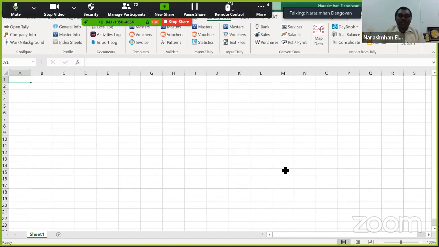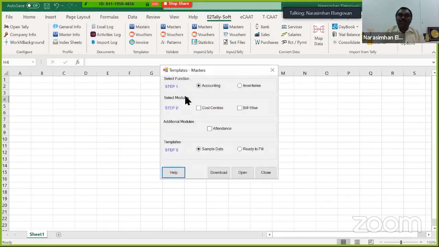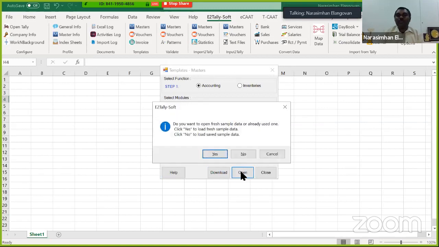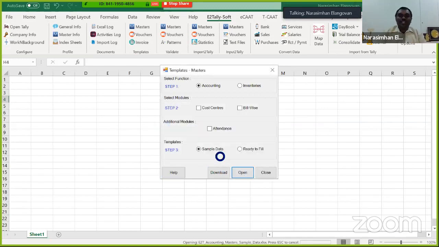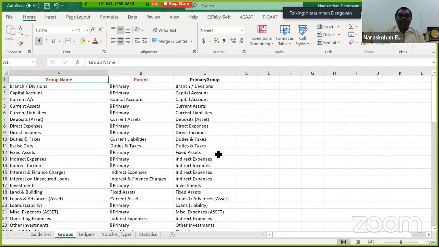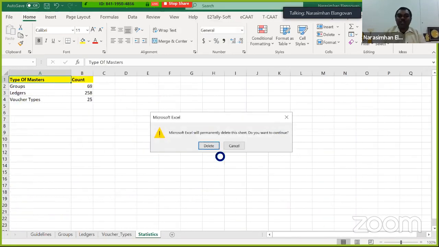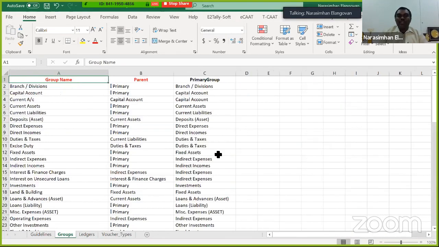But nevertheless, this is basically one of the softwares. Now, let me quickly take you through what actually works over here. First and foremost, we will import what are called the masters. For that, they have developed a default template. The software has that. So I just click on open the default template. The moment I click on yes, the data is getting loaded. And the moment the data is loaded, I have groups, ledgers, voucher names, some statistics. I will ignore the statistics for the time being. Now I am telling Tally, hey, why don't you import all of this into Tally?